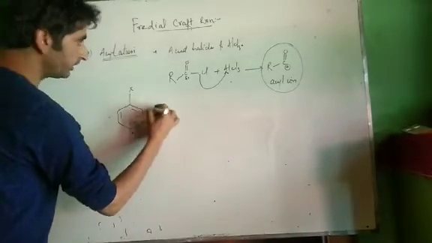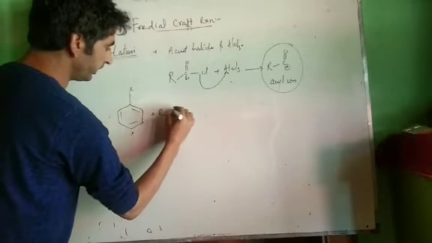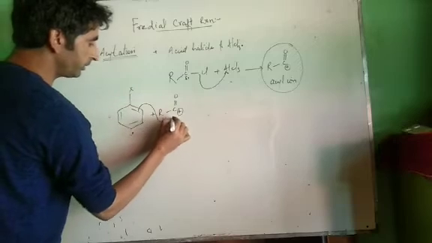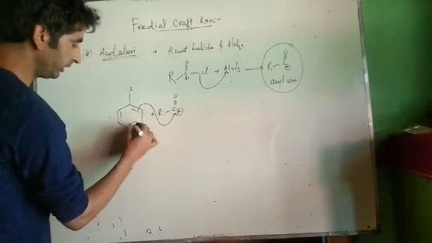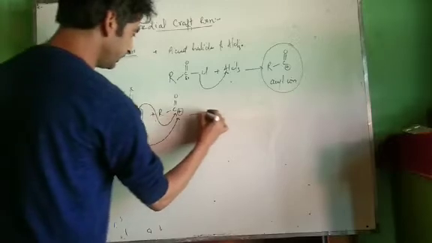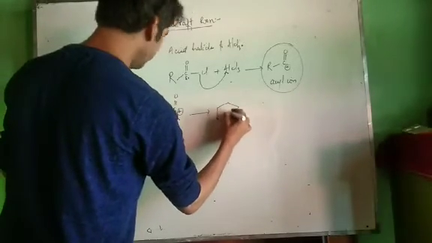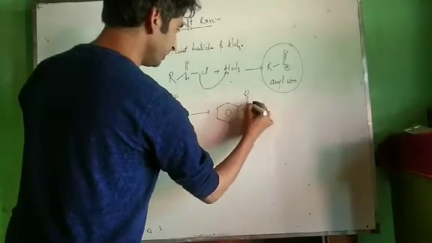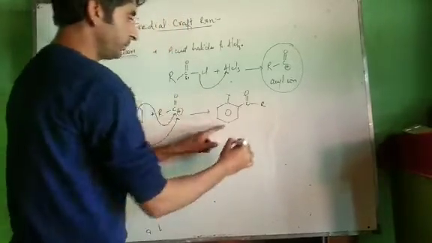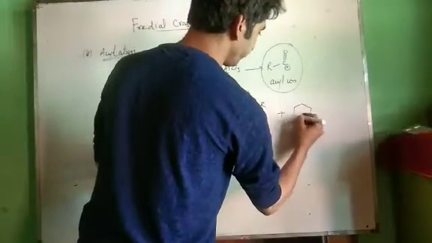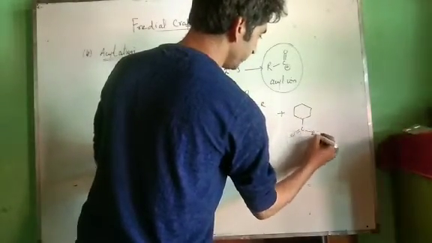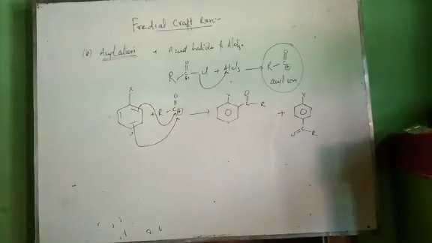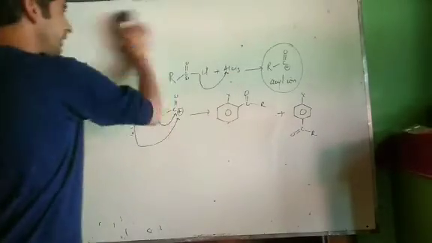This acylium ion will attack our haloarene. Now see, either ortho substitution or para substitution. The attack will take place on carbon, and we can get two types of products. The attack is on this carbon atom, it will be your C double bond O and it will be your R group. This is one of the products, plus we get the para derivative, C double bond O, single bond R, single bond X. This is the para derivative. This is all about electrophilic substitution reactions of haloarenes.